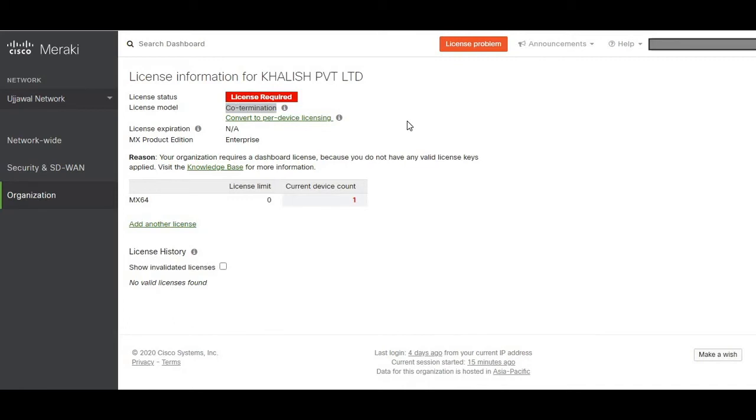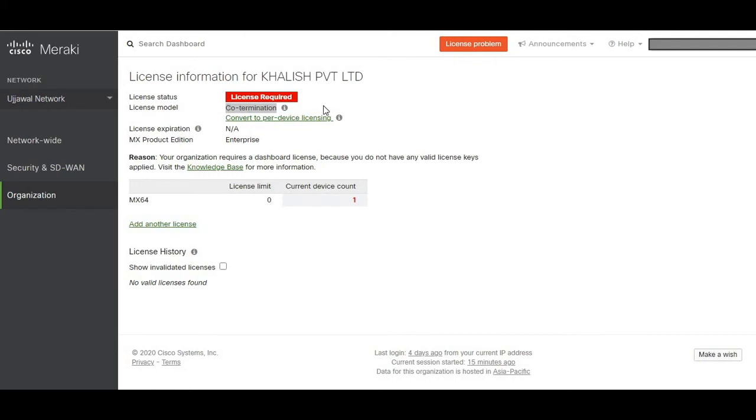It will calculate by adding 1 year of one device and 3 years of the other device and dividing by the number of devices: 1 year plus 3 years equals 4 years, divided by 2 because we have 2 devices. So both devices will terminate at the end of 2 years. This way the calculation is done. The calculation is done by the dashboard automatically based on the licensing model.